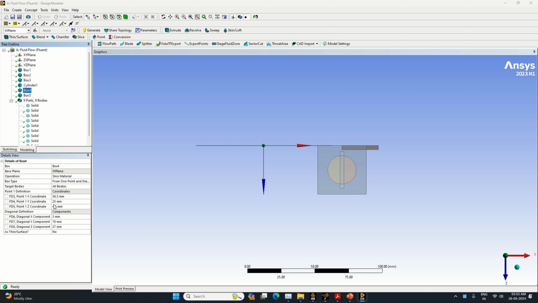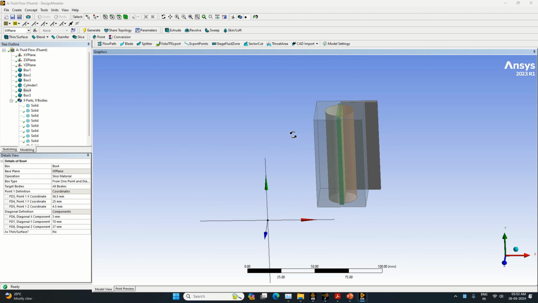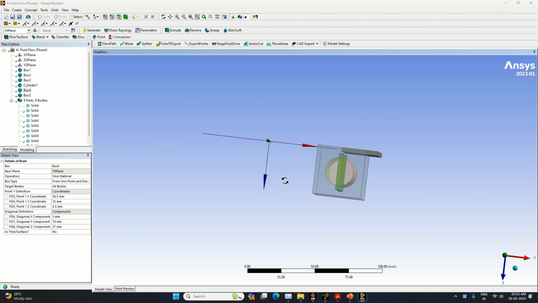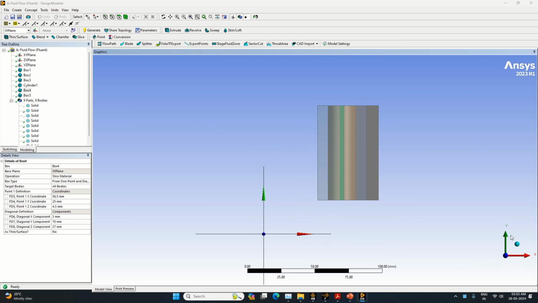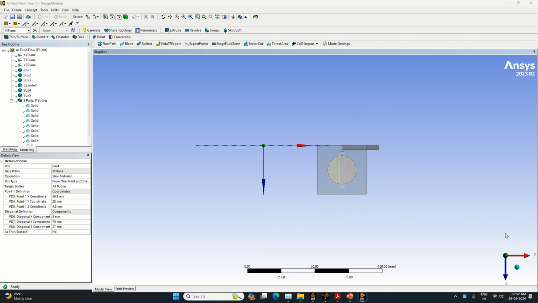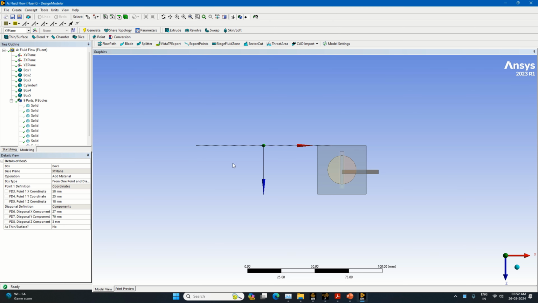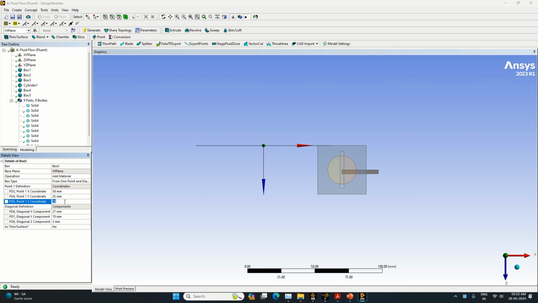In the earlier case we took the y component as 25, that is, we shifted from the y component. So now it has been generated here, and I need to shift this in the z direction. To shift this in the z direction, I will put the values in z. For box 5, let us say half of the value, that is 18 here. Let's make it generate. Less by 1.5, so I will put 16.5 here, so it will be somewhere